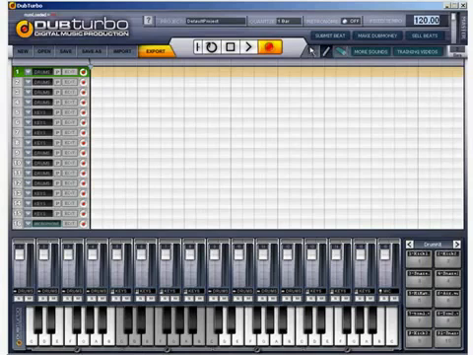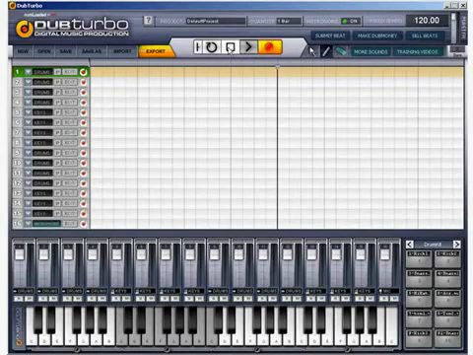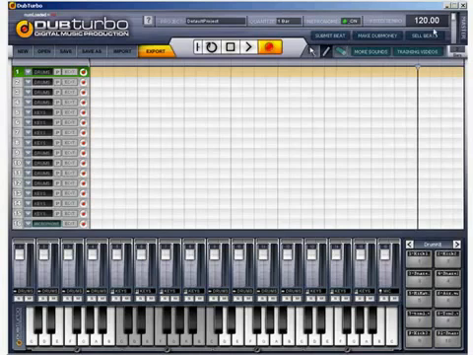Up here is pretty self-explanatory. It's your BPM. Right now it's at 120, and if you turn our metronome on, which is right here, you'll get a tick. If I press play right now, you'll hear a tick at 120 BPM. Okay, it's over a blank canvas, nothing's in there. That just gives you sort of a metronome to follow and bob your head to figure out how fast you